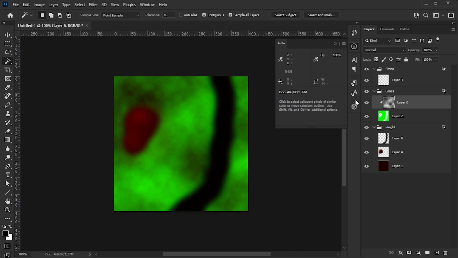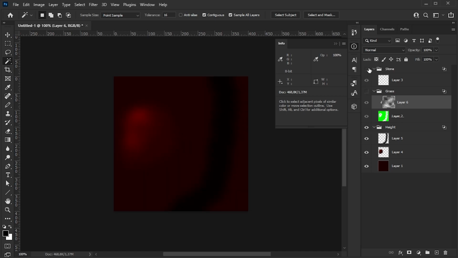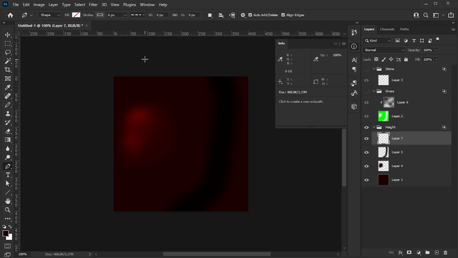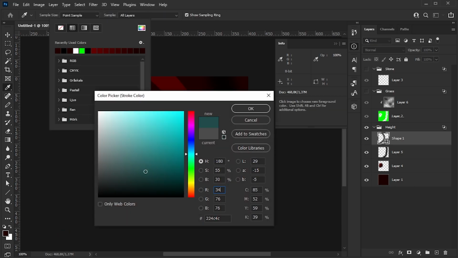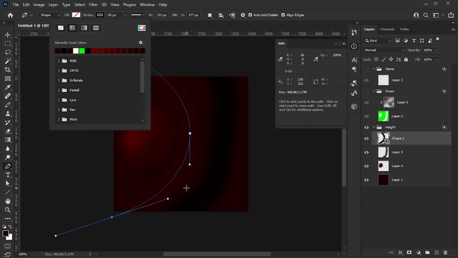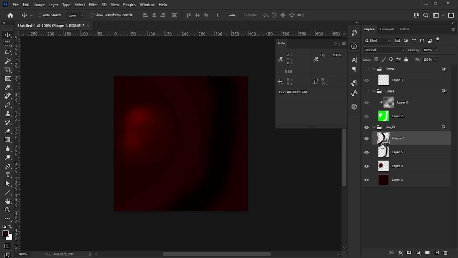Then I turn off the visibility for the stone and grass layers, focusing on the height group only. Now I add another layer to the height group. I pick the pen tool to draw a nice smooth curve. I make sure the line style is a plain solid line. I set the line width to 60 pixels and the line color to red, value 34. This will make the road bank for a road. I choose the color red 34 to slightly have it raised over my base red 30 ground.